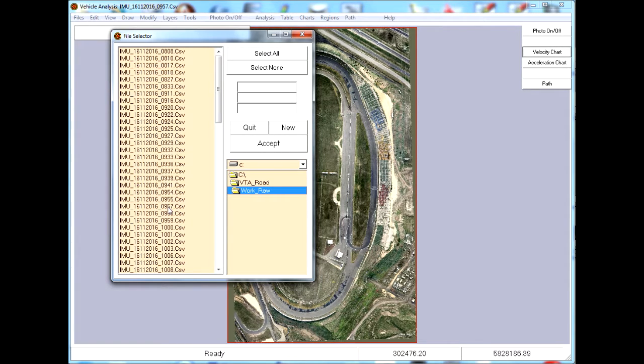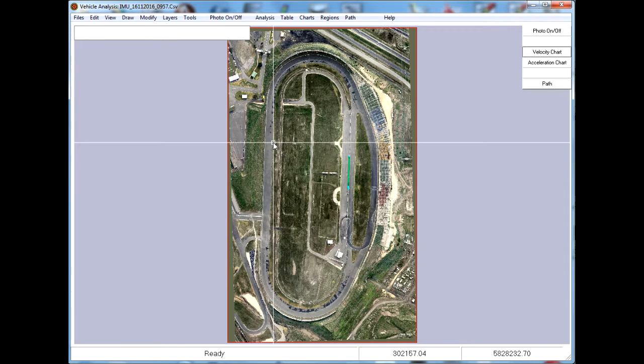We'll choose 957. So the naming convention, there is a prefix IMU, and then we have the date and the time. And this is displayed in a more readable way on the top left of this screen. So we have the date, time, and the file size to give you an indication of how much data is there. If we accept this, it will be loaded, and we can see a trace along the pit area on